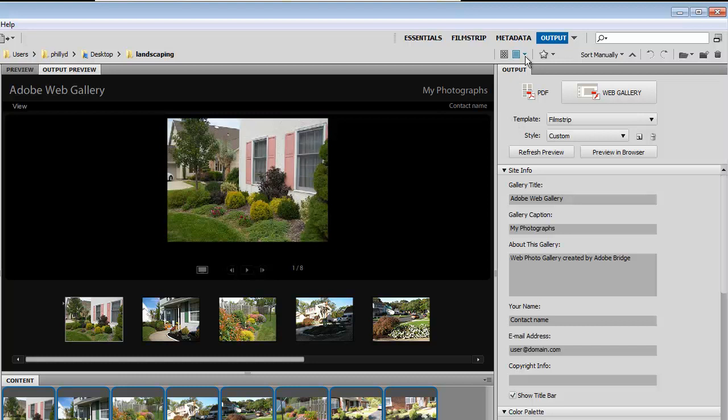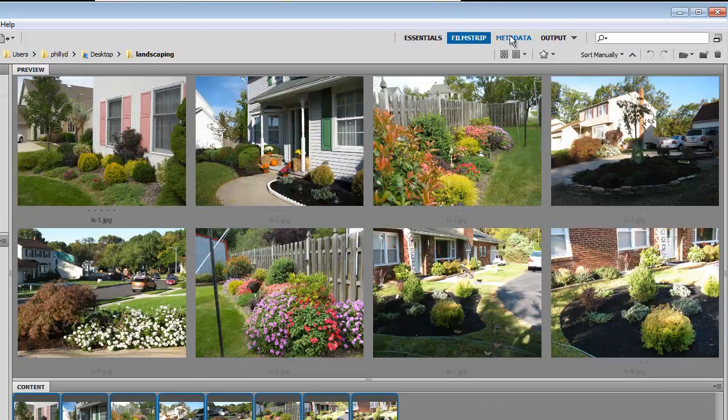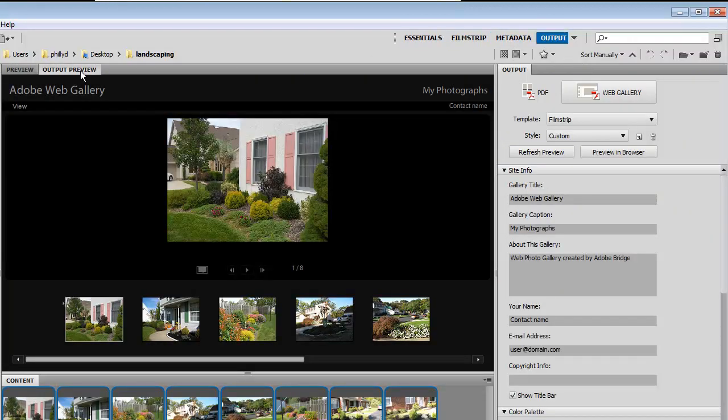And make sure you're on the output tab up here. You wouldn't be able to see that if you weren't. So if you were in the other screen, you'd be all mixed up. Meta tags, yes, and output is where we want to be, at output preview. Okay, now that we have that taken care of,